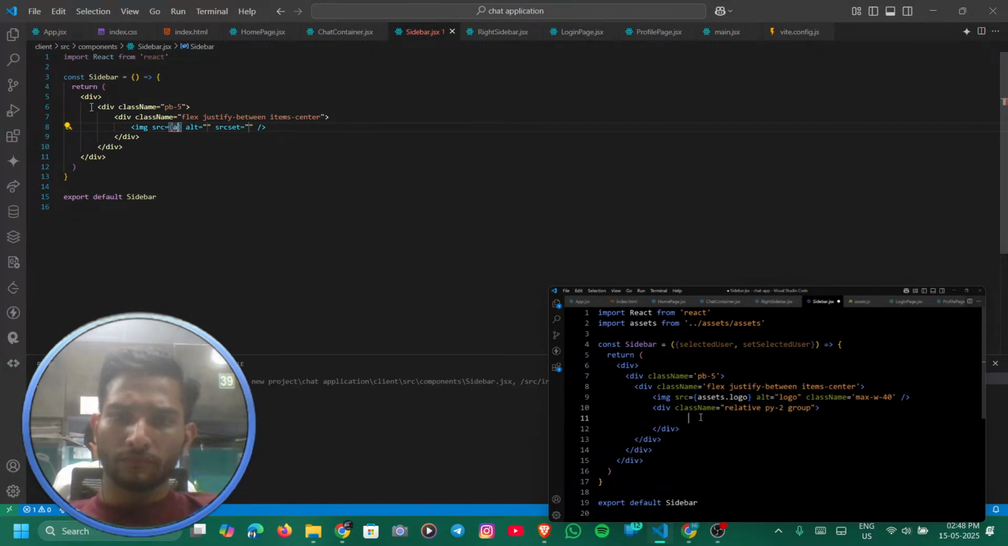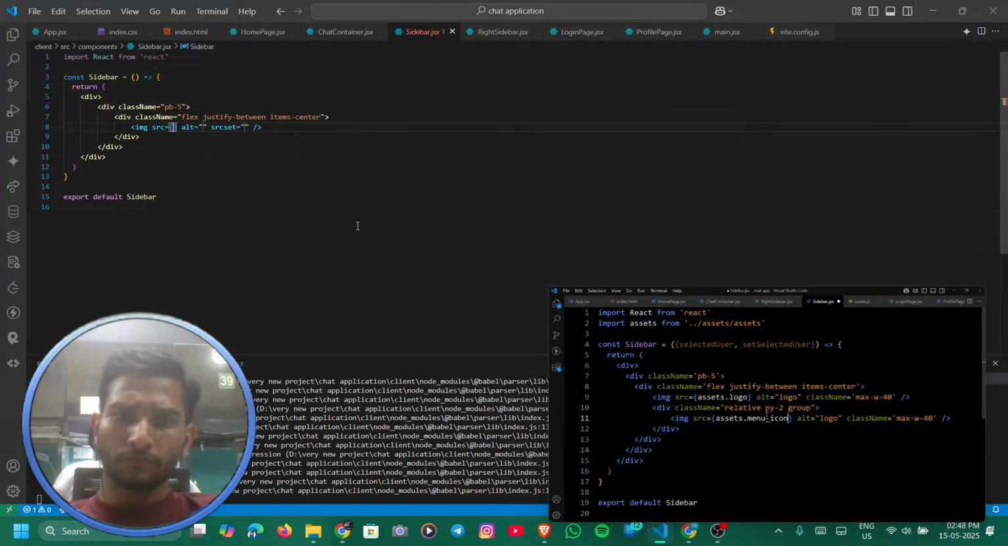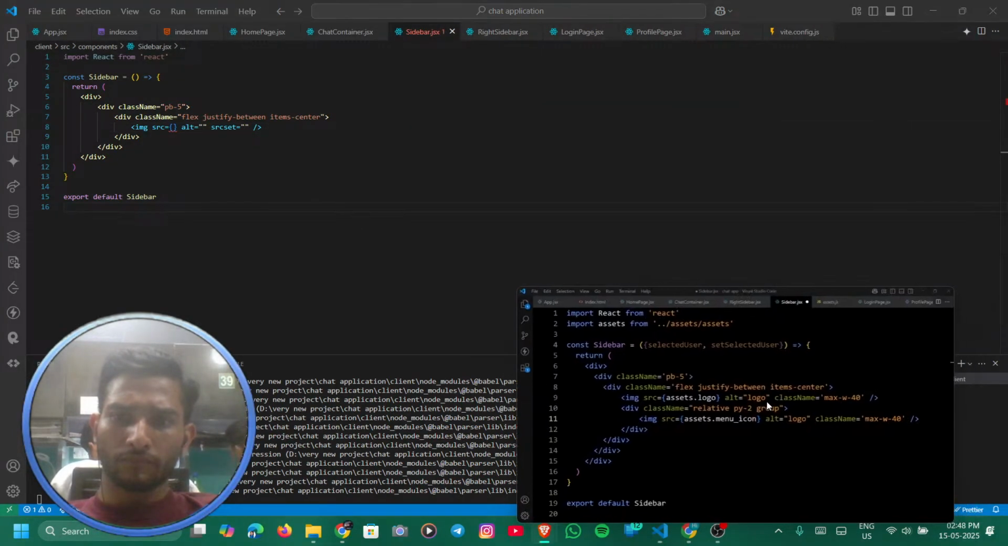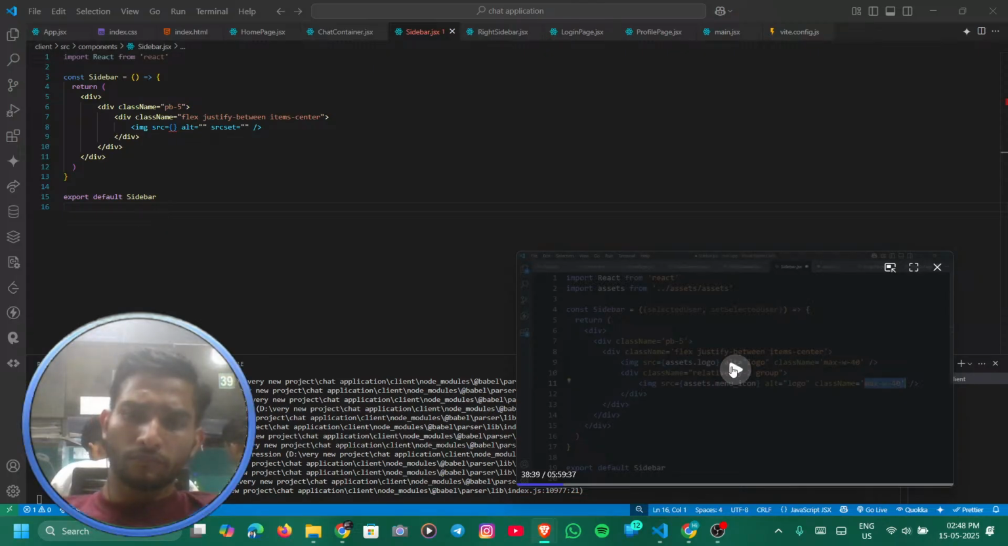Now in this one, we will add the image tag, or let me duplicate this here. Just copy and paste it here. And in this image, let's add the menu icon, right? And after that, here we'll add the classes. So in this one,